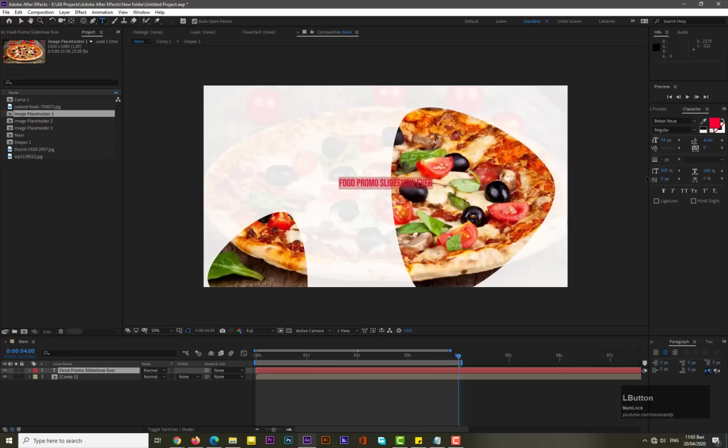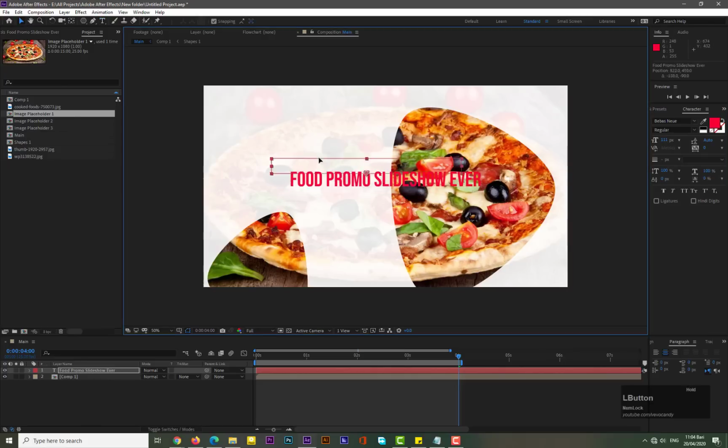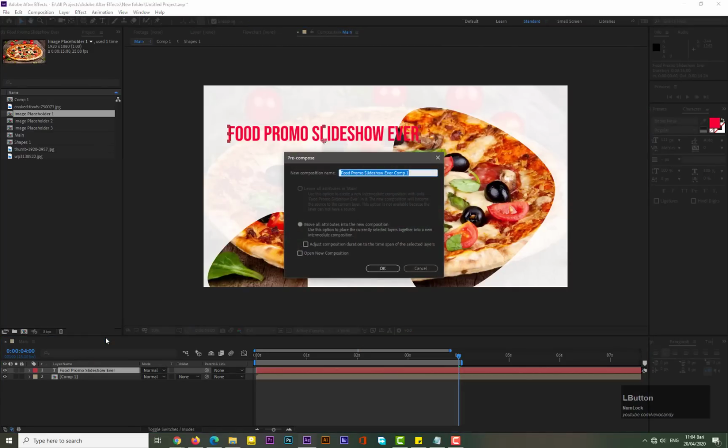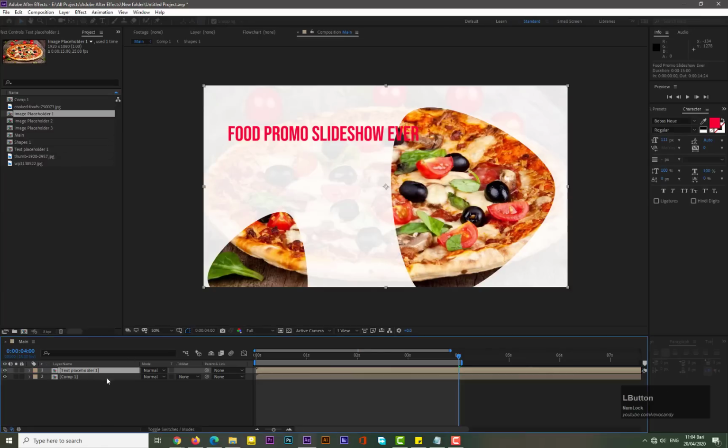Yeah, and increase its size. Guys, we need to pre-compose it, name it text placeholder 1, hit OK, go into it